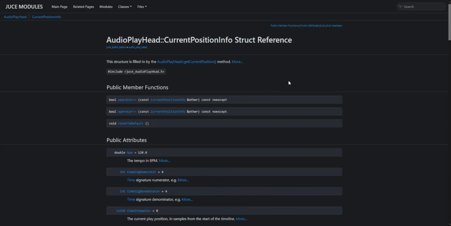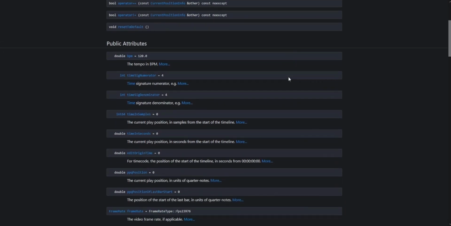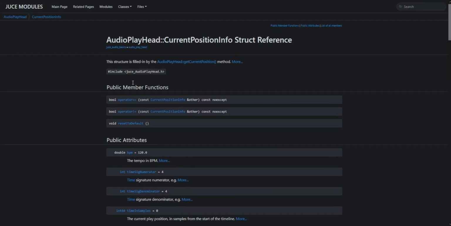All right, so here I am in documentation for something called Juice, which is like, if you've ever used a VST, it's probably made in Juice, because it can interact well with DAWs and stuff. I'm oversimplifying here, but it's kind of an audio framework. So you can see here, you can get a playhead